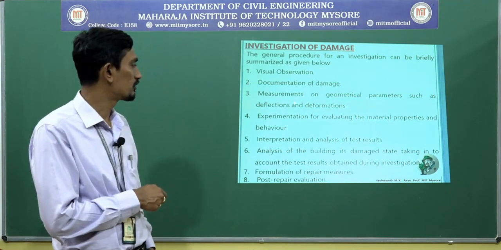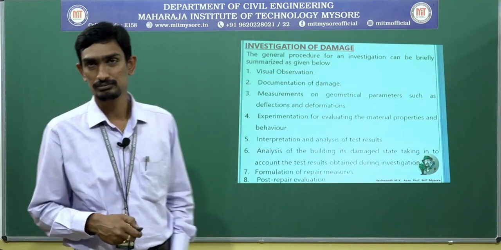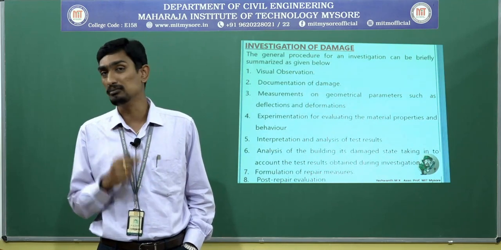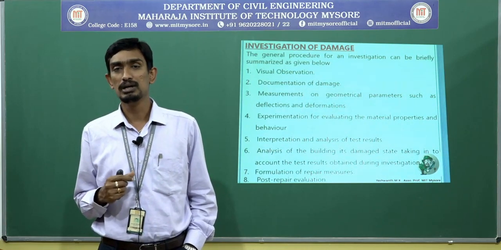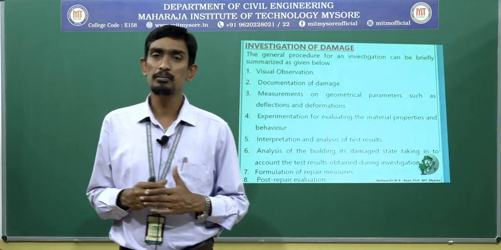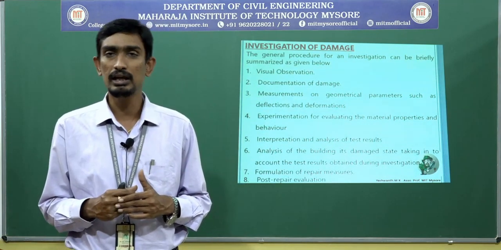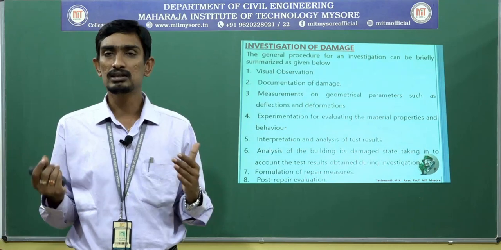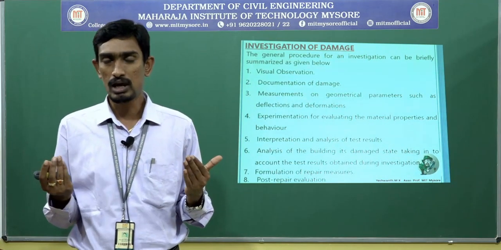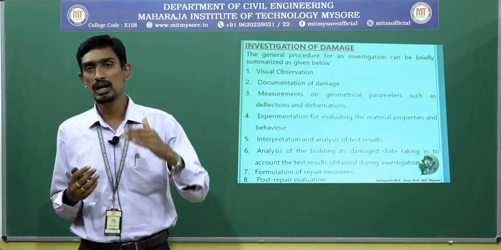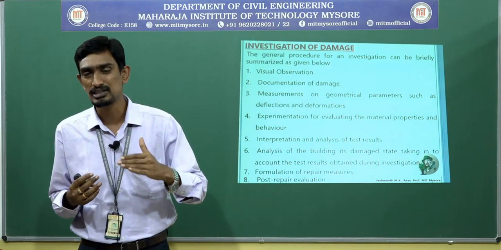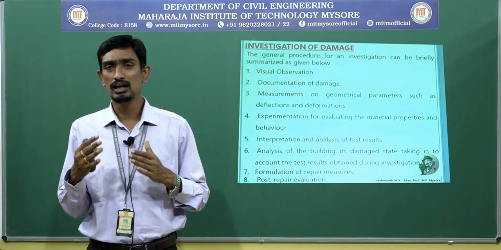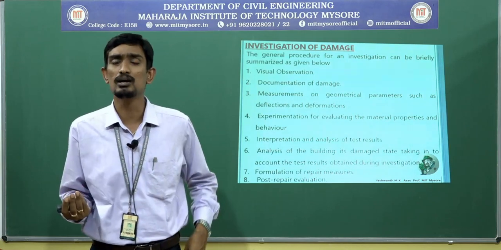And one more thing is the deflection and deformation. What is the deformation or deflection that has happened in the beam? Mainly in the case of a beam. Because, as I stated, the beam will be subjected to flexure, or I can say bending. When the beam is subjected to flexure or bending, obviously the beam will undergo deflection. If the beam undergoes deflection and it crosses the permissible limit, it will show its distress, or I can say the defects, in terms of cracks.